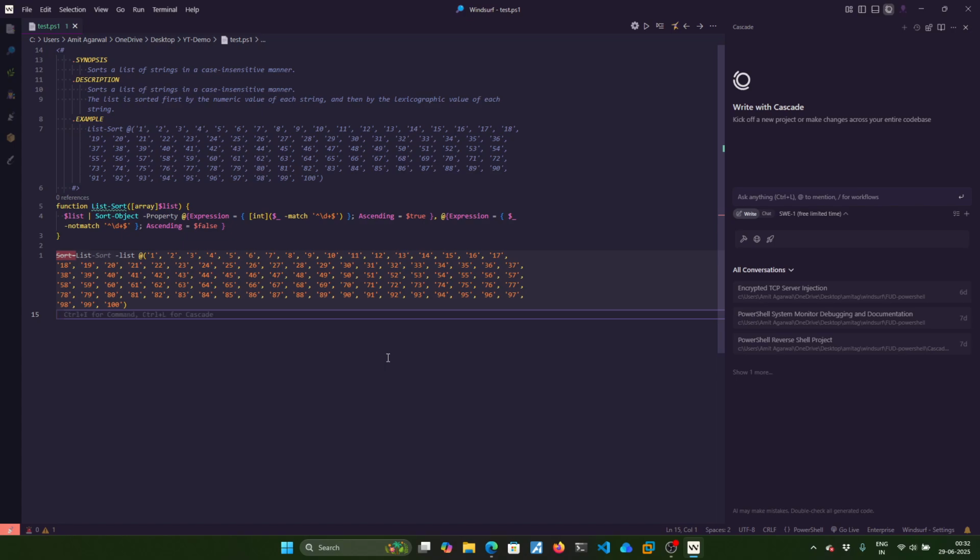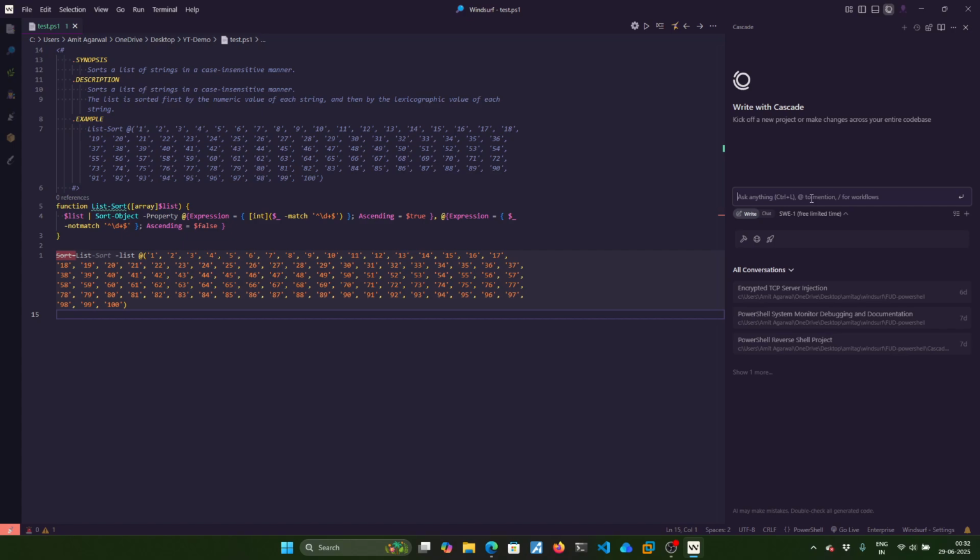I am done. Now these are the basic functions, but if you definitely want to look at how Cascade works, you can give a prompt here. Again, with prompting, you don't really have to be a master of prompting. It's good to know how to write a prompt, but even if you are not a master of prompting, you don't have to worry. You basically just have to ask the questions that you would ask any of the SMEs of any field,